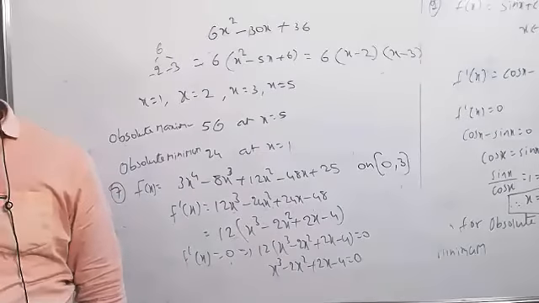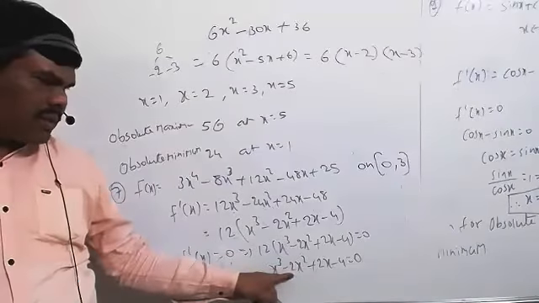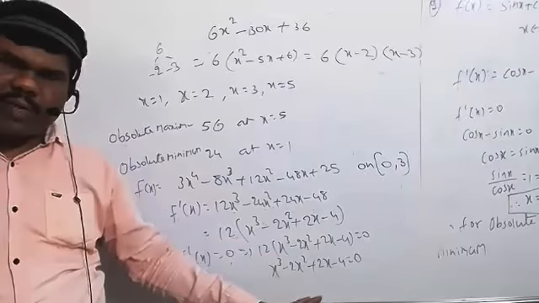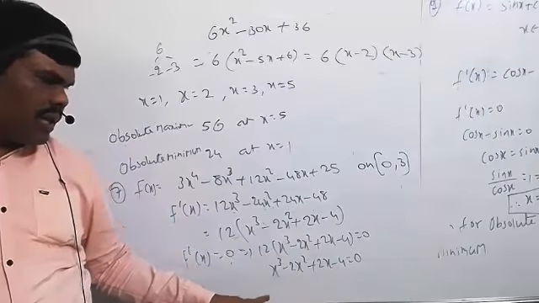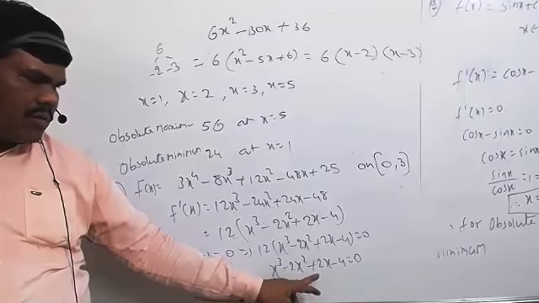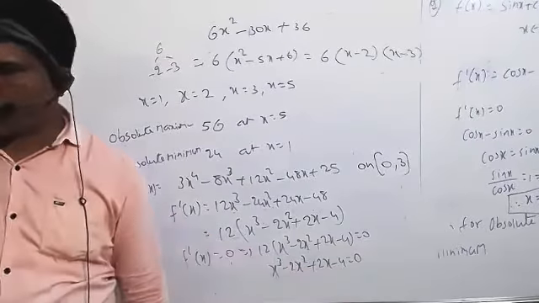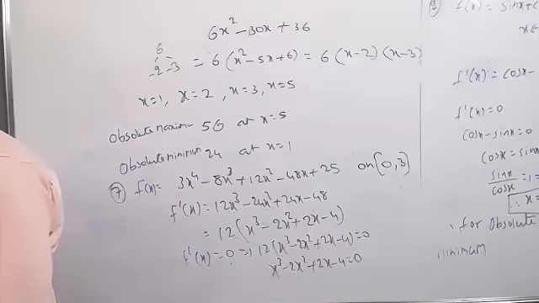Both are clearly not possible. 1 minus 2 plus 2 minus 4, we got minus 3, so it's not possible. If we take the alternate ones, 1 plus 2 equals 3 and minus 2 minus 4 equals minus 6, but the difference is not 0. So clearly x plus 1 and x minus 1 are not at all possible.